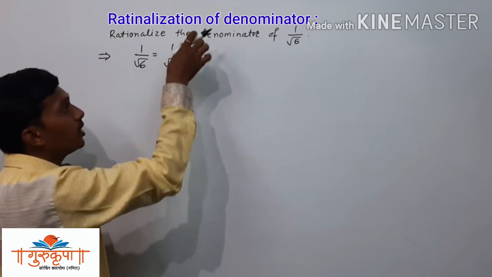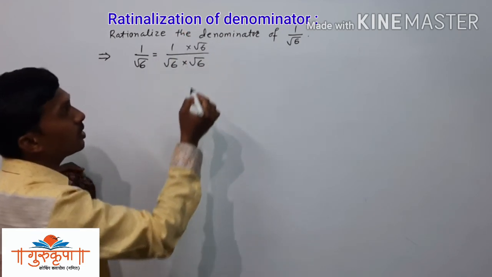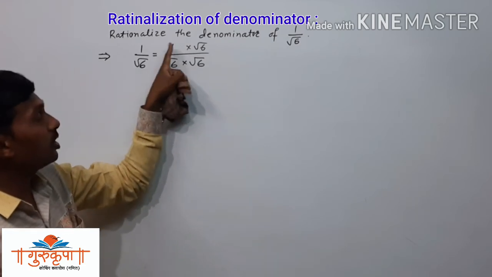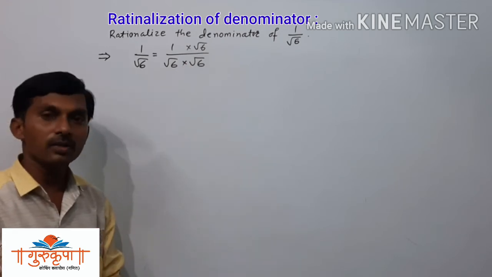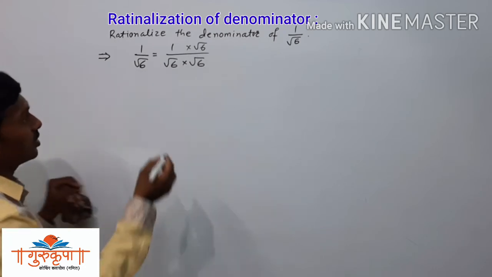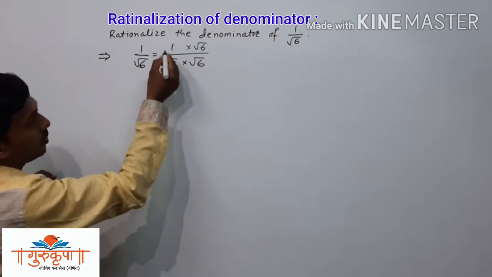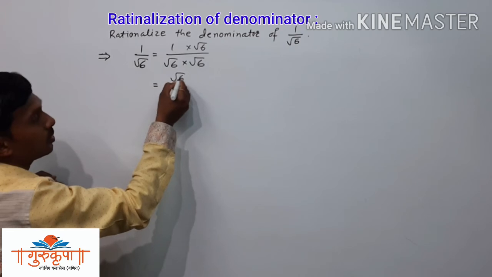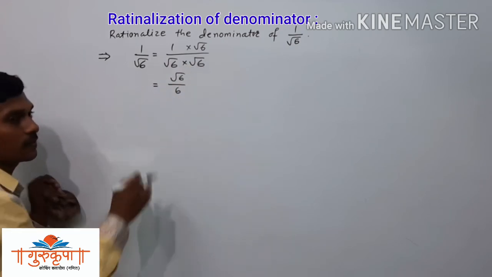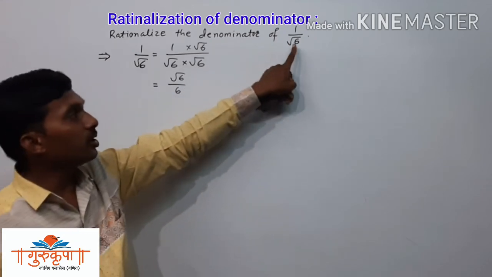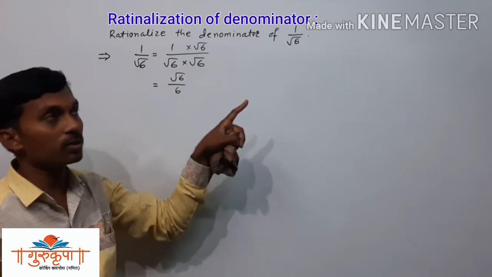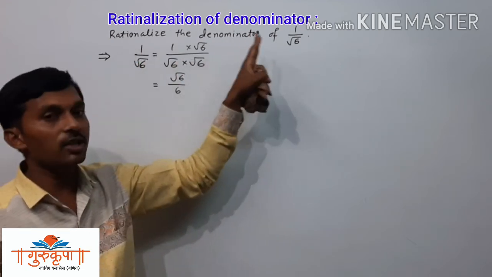We have to multiply the numerator also by √6. We multiply the denominator by √6 and we multiply the numerator by √6, and now it is converted into a rational denominator. Take the product here, 1 into √6, the product is √6 divided by √6 into √6, it is 6. Now here the denominator was irrational and we converted it into rational, so that is called